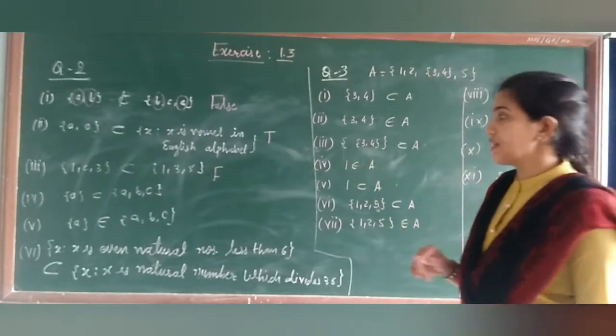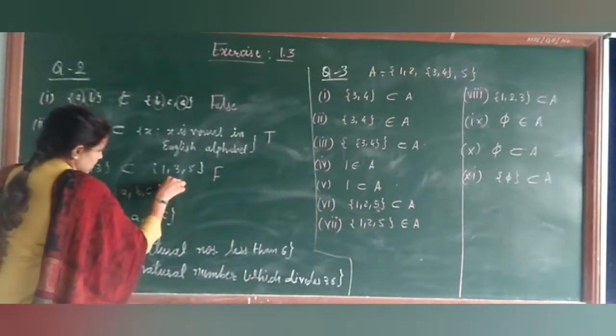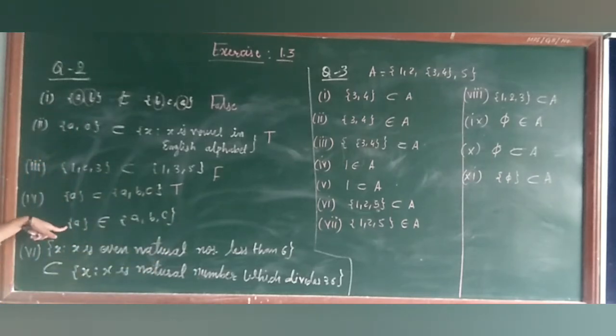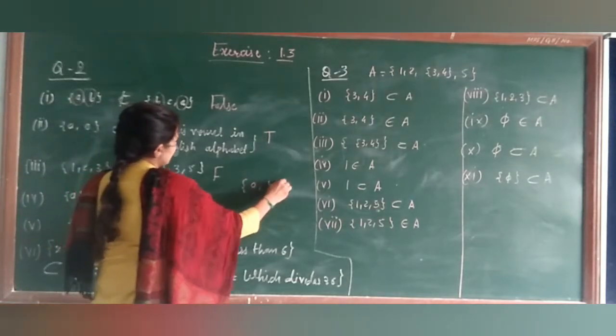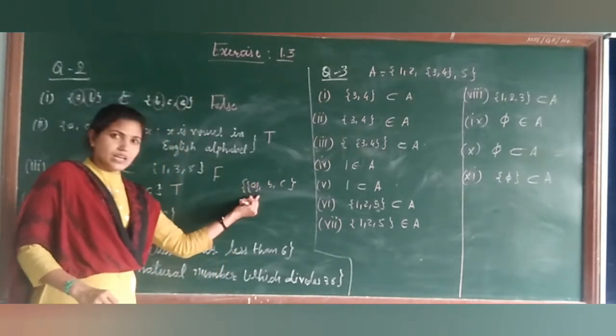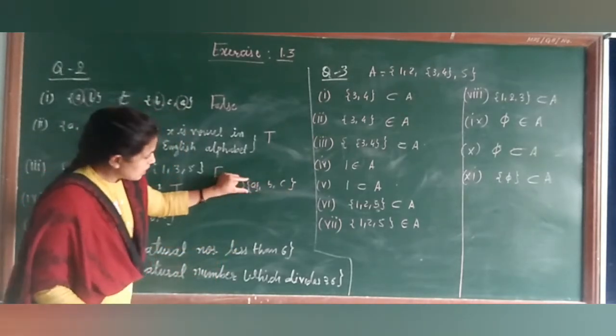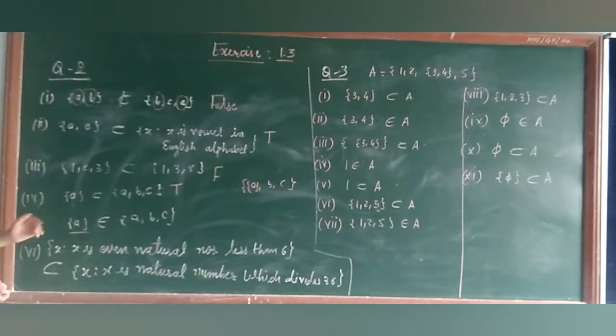Next, A. So A is a subset of ABC. Yes, it is a singleton set. So we can say singleton A is a subset of this set. So this is true. Singleton A is a member of this set. So member का मतलब क्या होगा कि ये जो एलिमेंट है आपका that should be in the set. मतलब कि अगर आपके पास A, B, C इसकी जगह पे ऐसा सेट होगा, in a set singleton A, B, C, तो उसका मतलब होता कि singleton A जो है वो आपका element है.